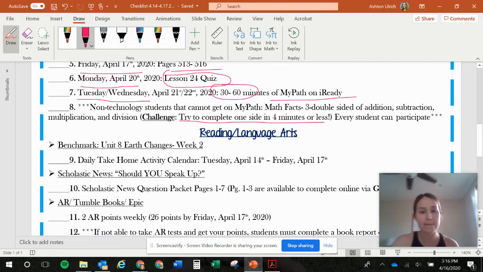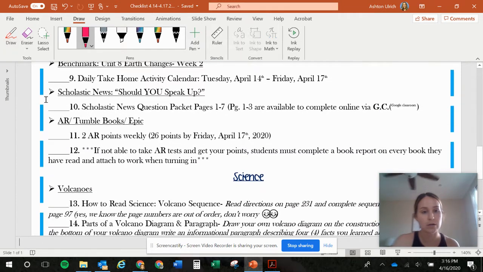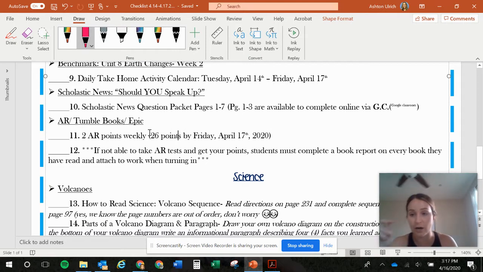News. Number 11, you should be reading, obviously. Go on Tumble Books if you don't have hard copy books to read. And then if you're not able to take AR tests, then you need to be writing a book report or a summary of the book that you read. So every book that you are reading to get your 26 points, you need to write a report on it after you finish reading it if you're not taking a test. That's going to signify to me that you're going to get your grades for your AR points for your reading